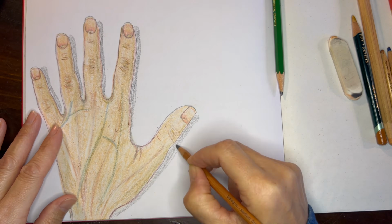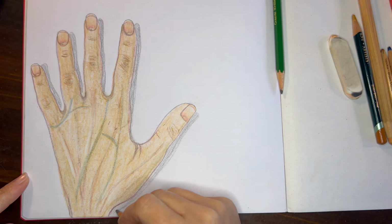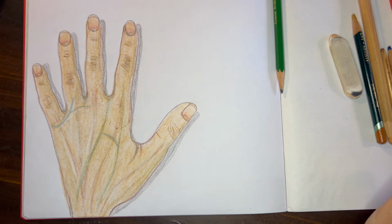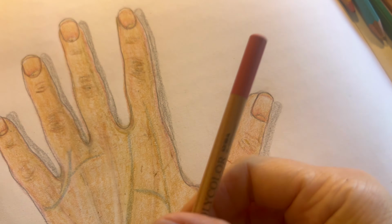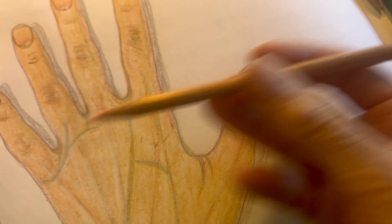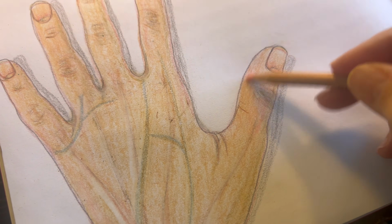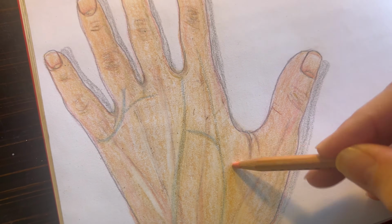I decided to make it look more three-dimensional by adding shadows along each of the fingers and the thumb. And I didn't use a light source to check whether this would be the appropriate place for shadows. And now I found this medium to dark flesh color pencil, and I'm like, this is perfect. So I went ahead and I added more of that color